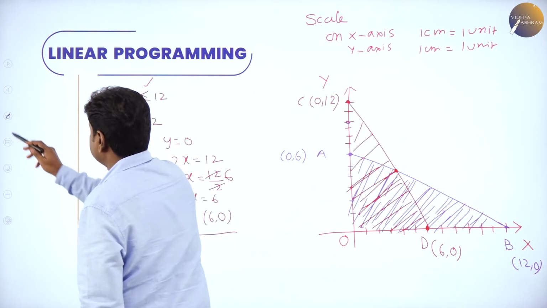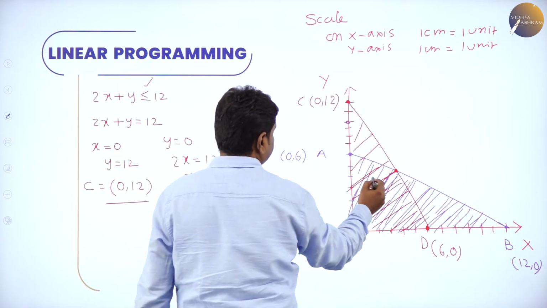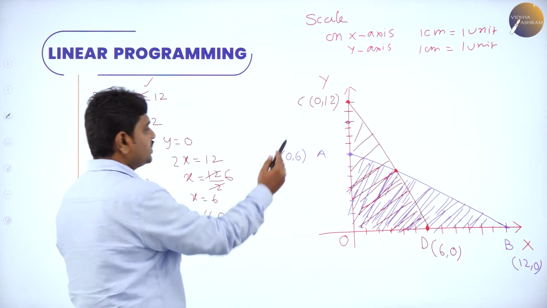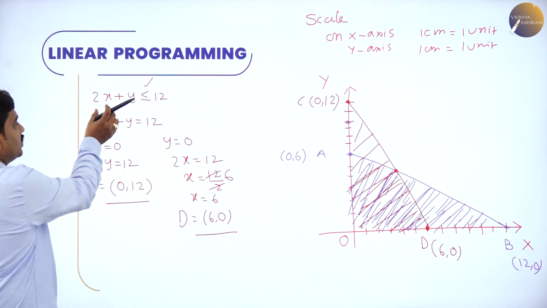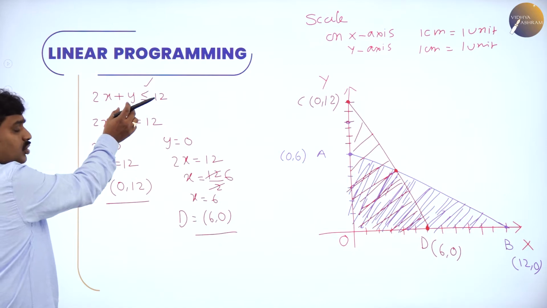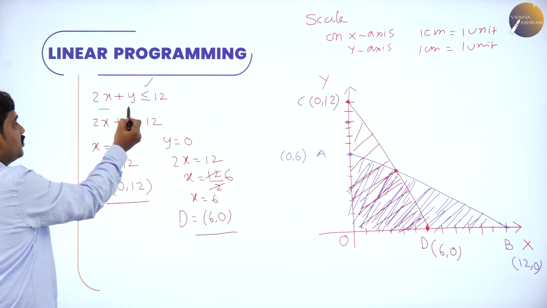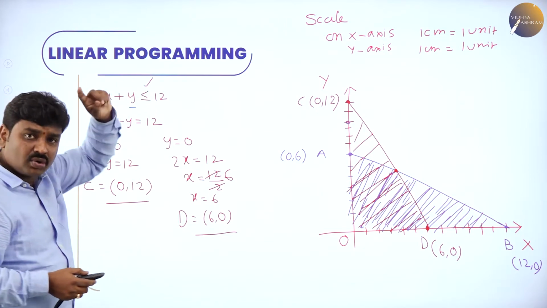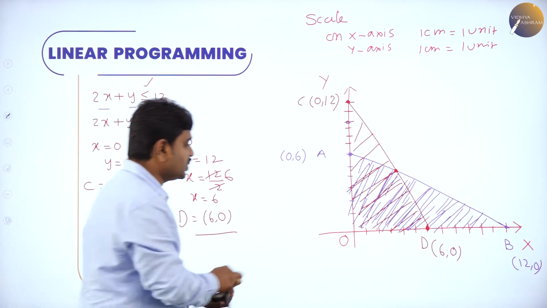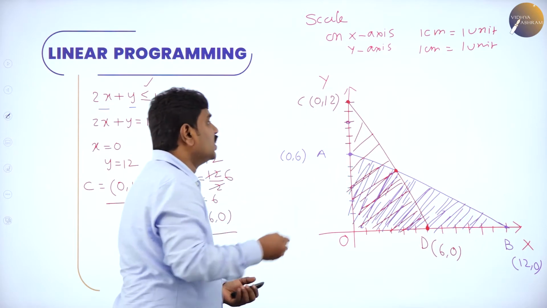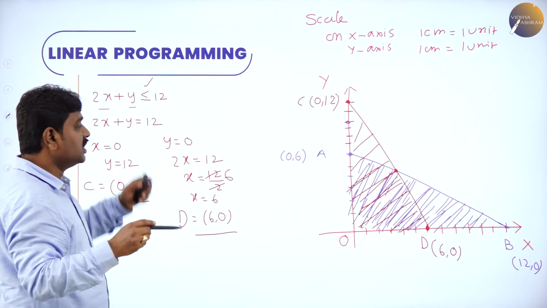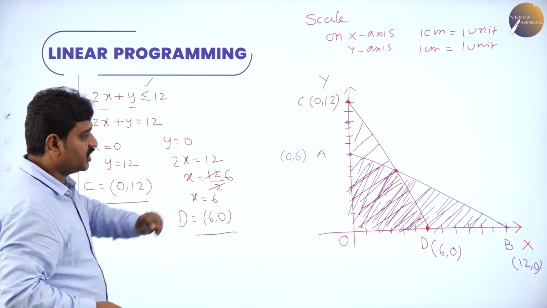So we have blue line shading, and also red line shade below, because if you put the origin, x is 0 and y is also 0. In the place of x and y, if I put 0, 0, the LHS becomes 0. 0 less than 12 is true. So I should go towards 0. 0 means origin. So I should shade below. Or generally, for a line of the form ax plus by equal to constant, less than means shade below. So we have done.